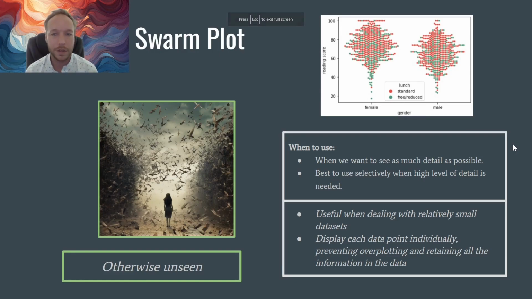Okay, so getting into the swarm plot now. This is kind of the opposite of lots of the plots we've been talking about. This is not trying to generalize, not trying to hide the noise. This is trying to show you as much detail as possible. What it's doing here is the swarm plot algorithm is putting every single data point, trying to